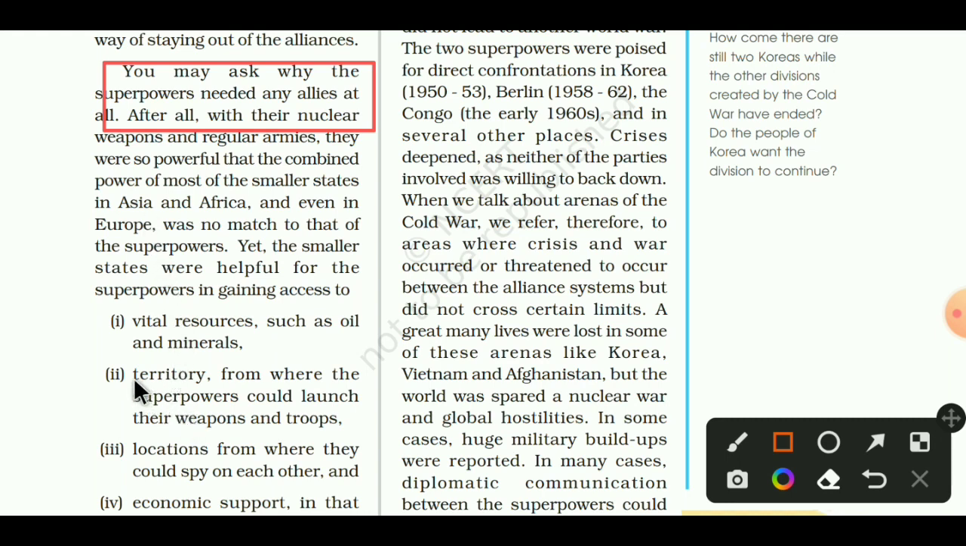Superpowers get access to smaller countries' territory, where they can easily launch weapons and troops, and also spray to each other and get a location to spray its enemy country. And